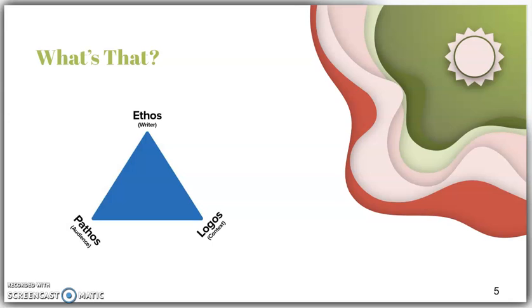In the same way, you cannot separate all these 3 things out. You cannot just have a speech with logos. A good speech, the ones that we're going to look at, they are always using all 3 of these things. They are things that all intertwine with each other. Ethos, which you can think of as like the writer, pathos or passion, or logos or logic, all of these things work together to help a speech really change the minds of people, or at least be considered successful.